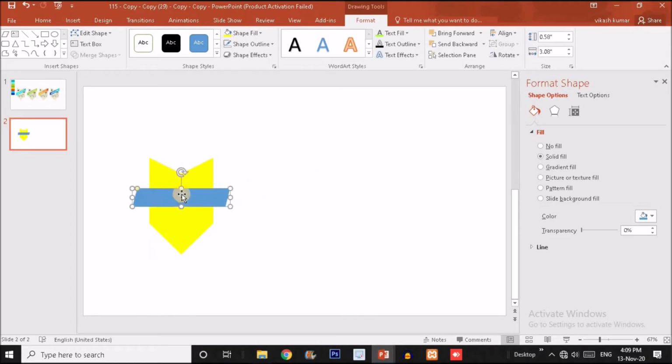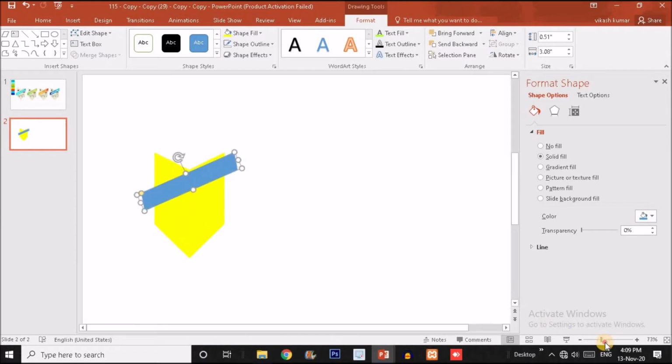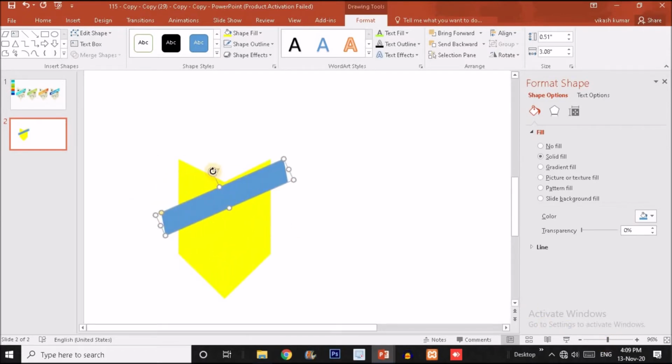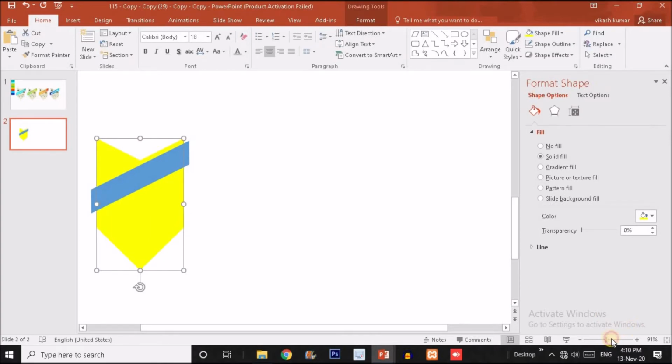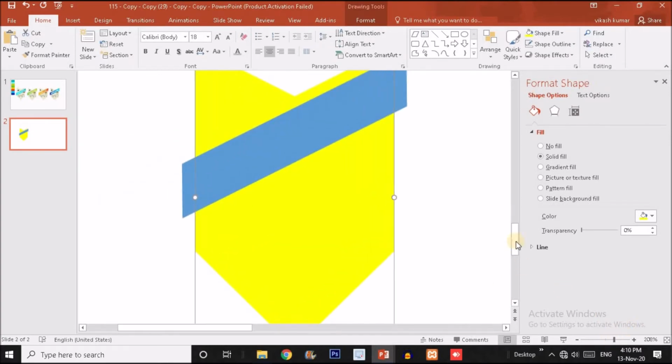Now put this shape over the yellow shape and decrease the width of this shape. Just rotate it something like this and place it over here. Let me zoom in the shape so that we can see clearly. Yeah, that's fine. Now again I'm going to zoom so that I can see the shapes clearly, because